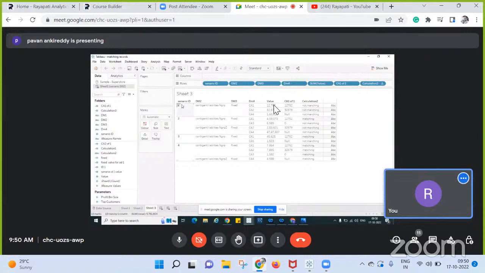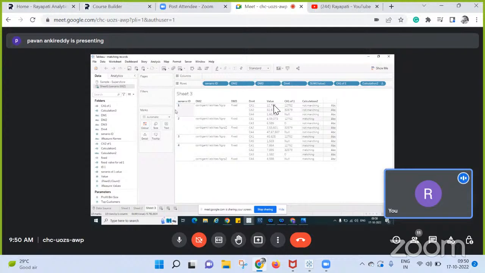This is one. So you want to identify the combination among 1, 2, 3, 4? No, not only 1, 2, 3, 4, just for the comparison, with the one scenario. There might be 100. Whatever you have in scenario ID 1, whatever the matching value is, should that replicate across 2, 3, 4 and all? Yeah. Okay. Then you can write a LOD at that level, stating fixed scenario ID, comma DM2, comma DM3,